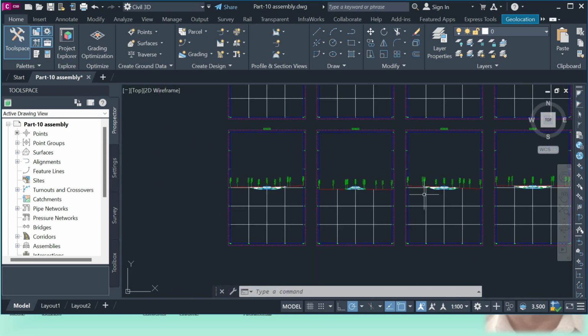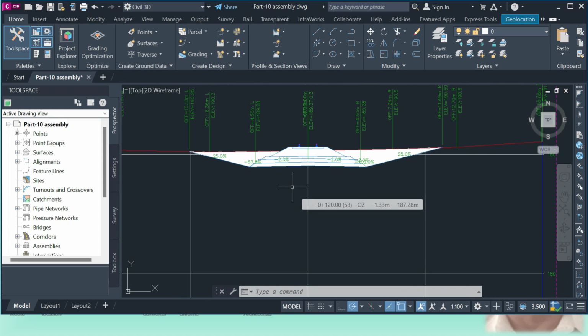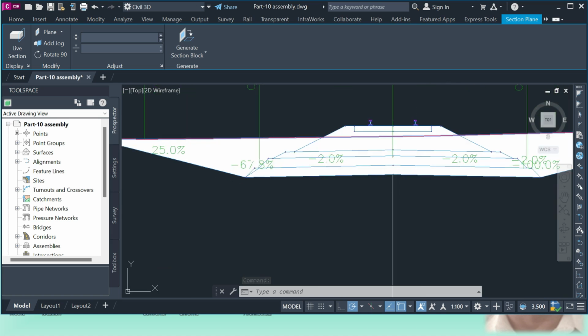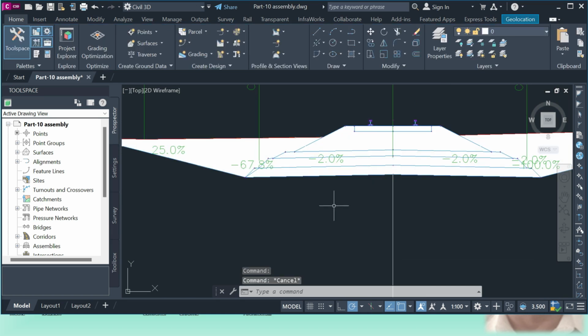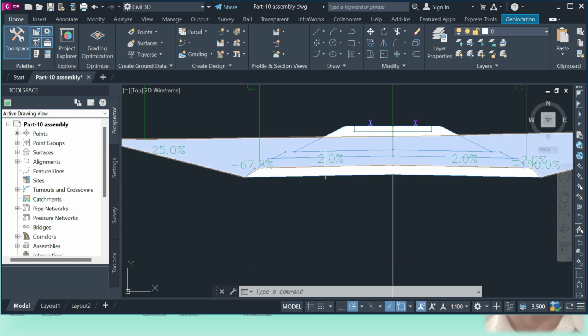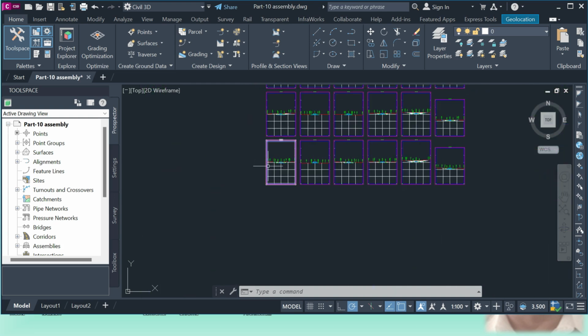If you don't find it, then you go to our profile and can check. See, here is also filling because the existing level is here and this part we have to fill. It will not consider this area. It will not consider this area. Okay. If you escape and then come, this area will not be calculated for cutting and filling. This area, this side and this area also will be considered. Okay. Now